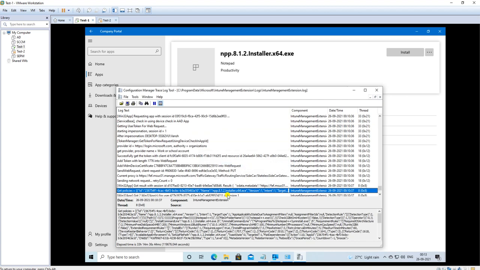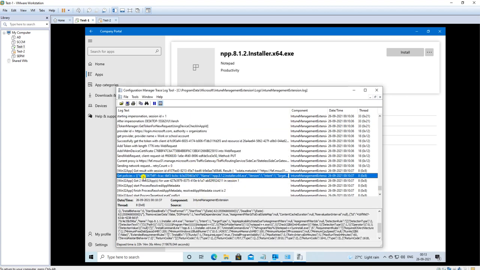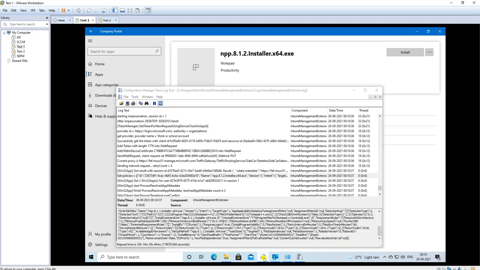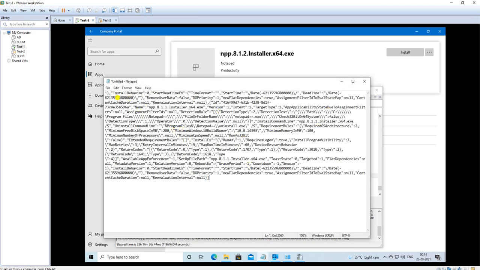So let me go and search again. Okay, so here it's showing like a Notepad 2 installer exe. If you take it in the notepad, then you can understand it better. So let me open it in the notepad, and it will show you where it starts. So install behavior start this. This is a date shown in a different format, and it will give you the detail where your Notepad 2 got installed and it was replaced with the 8.1.